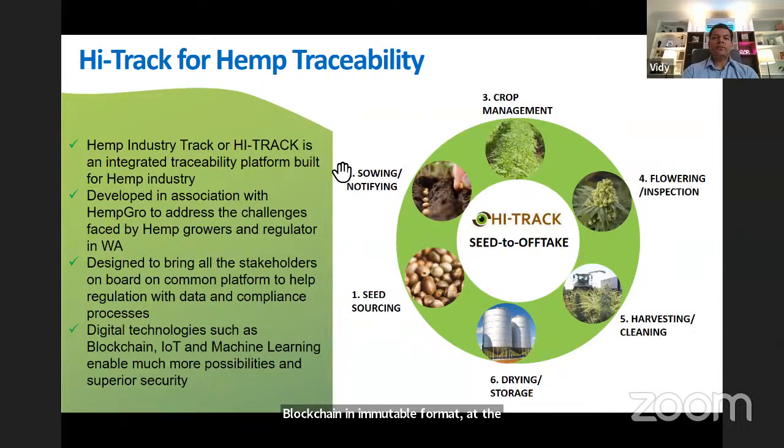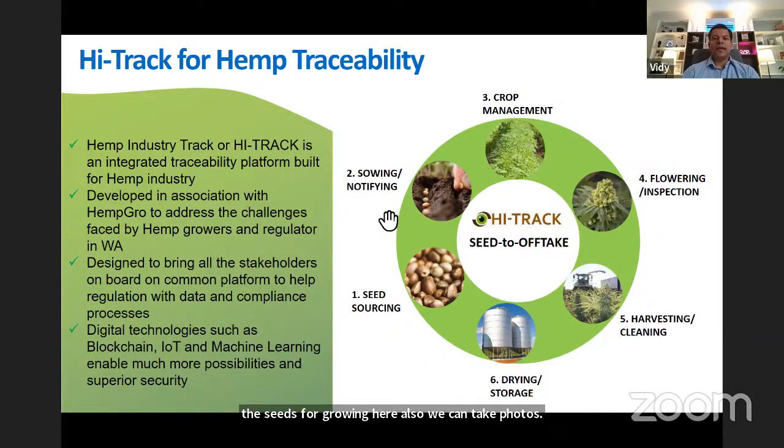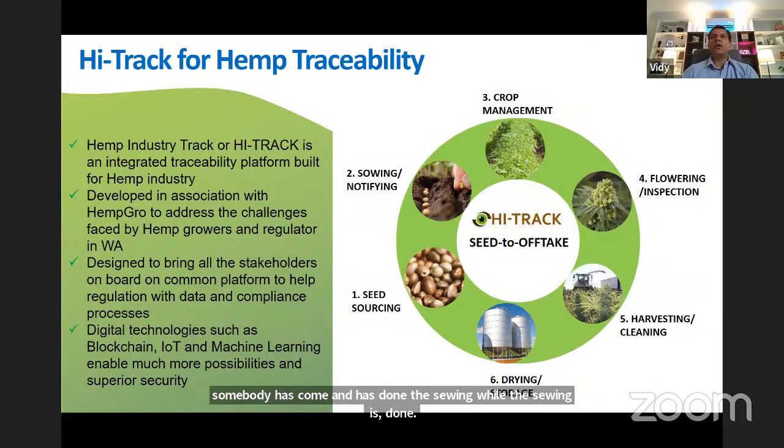The next step is sowing the seeds for growing. Here also, we can take photos, we can take videos, we can put any other evidence. For example, if the farmer engages a laborer or a company that provides the services to sow the seeds, then they can put a record of the invoice that they may have received from that company as evidence that somebody has come and has done the sowing. While the sowing is done, we can take video footage, we can take photos, and all our